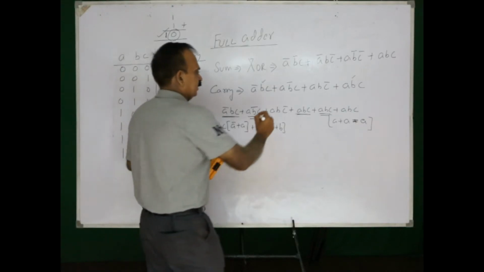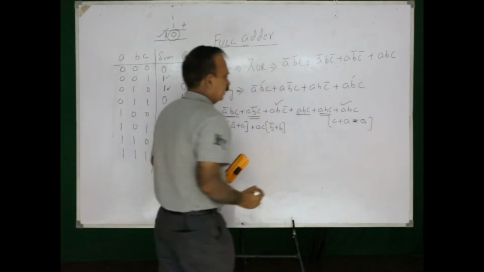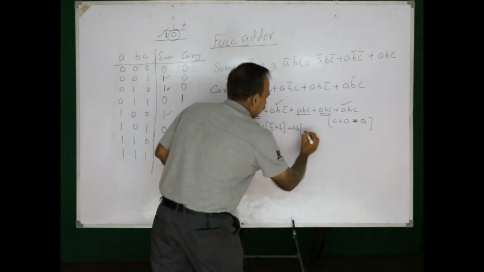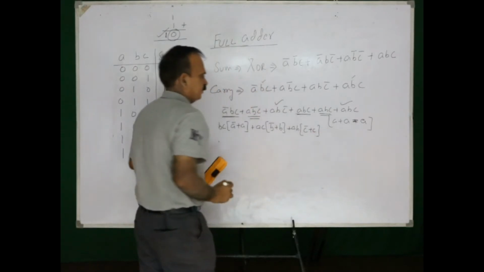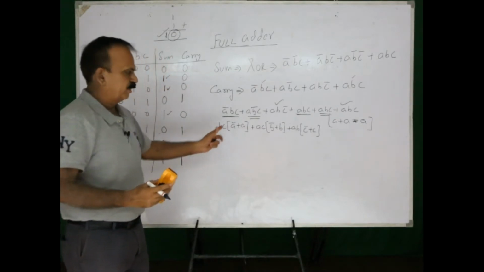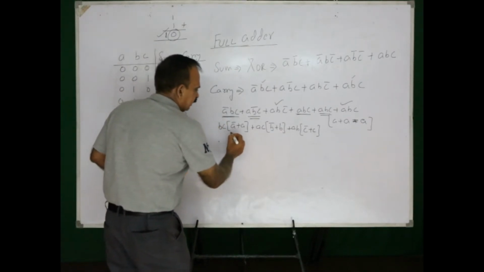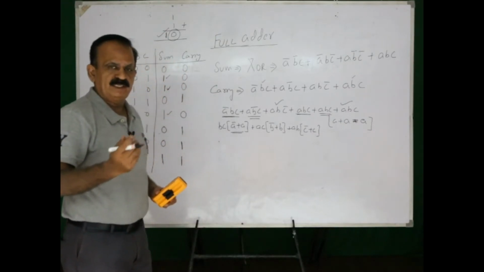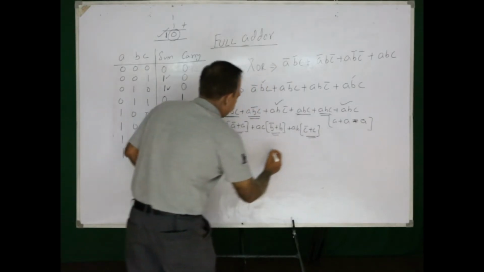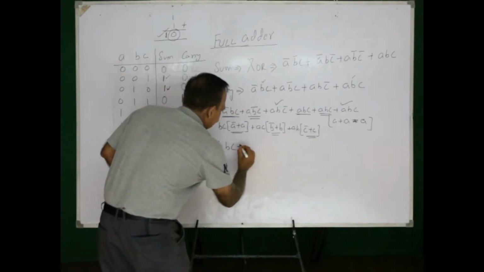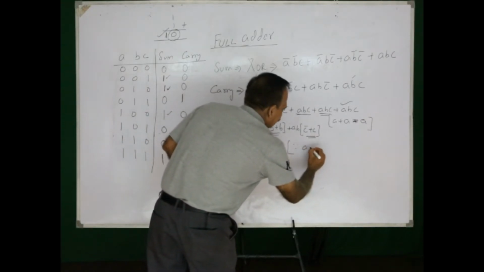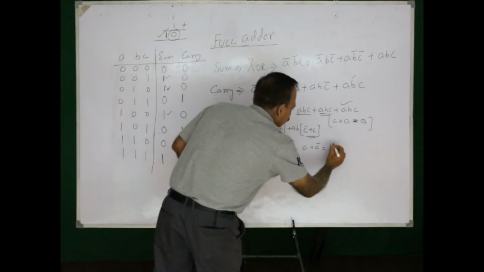The remaining one, this one and this one, the common entry AB, and within the bracket it will be C bar plus C. This is how I combined the terms and I just got the common values. Now, this entry will be equal to 1 because A plus A bar in Boolean algebra is 1. Similarly, this will be 1 as well as this will be 1. So, it will be BC plus AC plus AB because A plus A bar will be equal to 1,